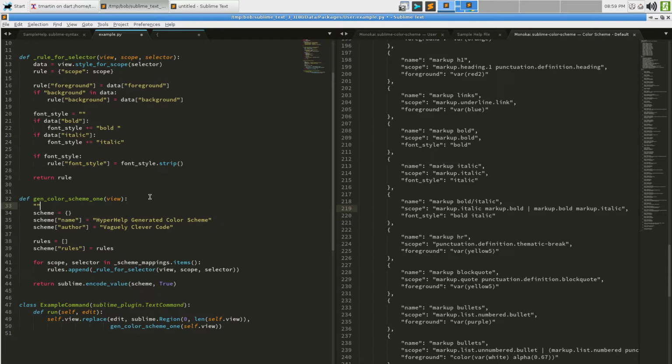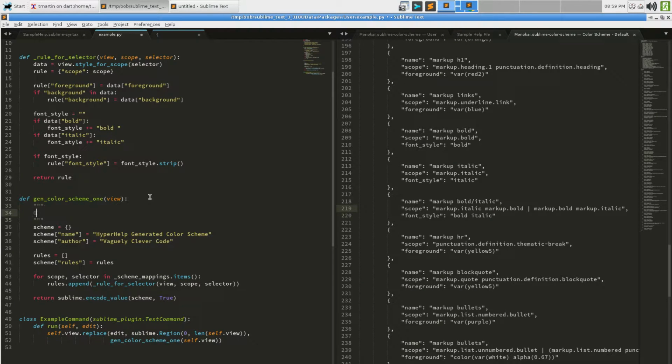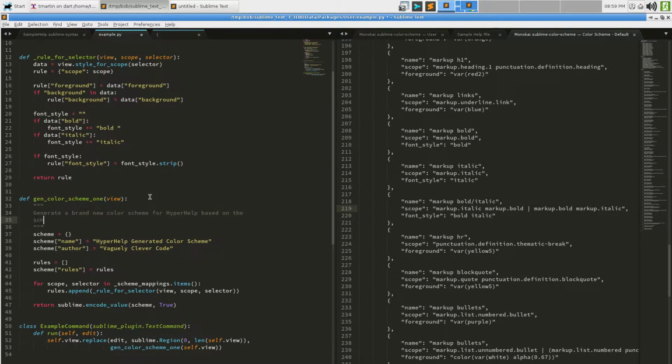And we're gonna add a comment that says generate a brand new color scheme for hyperhelp based on the scheme in use in the existing view.